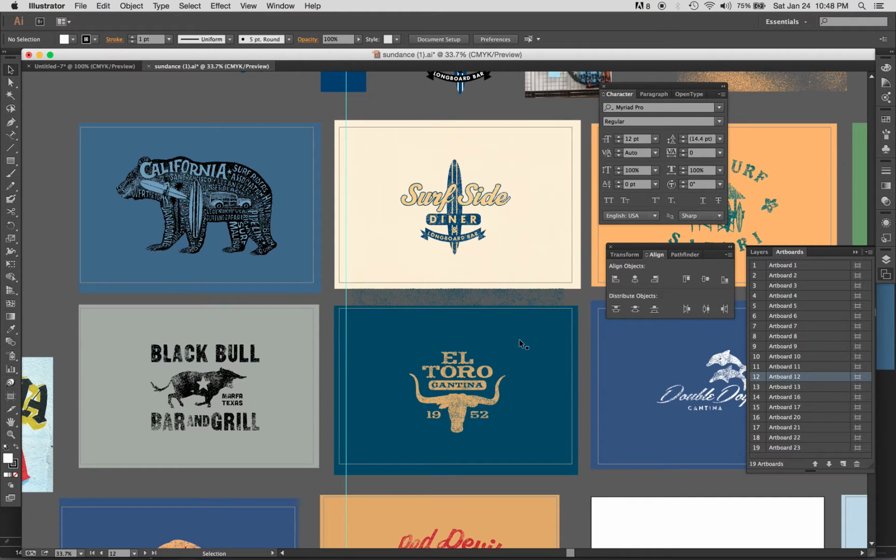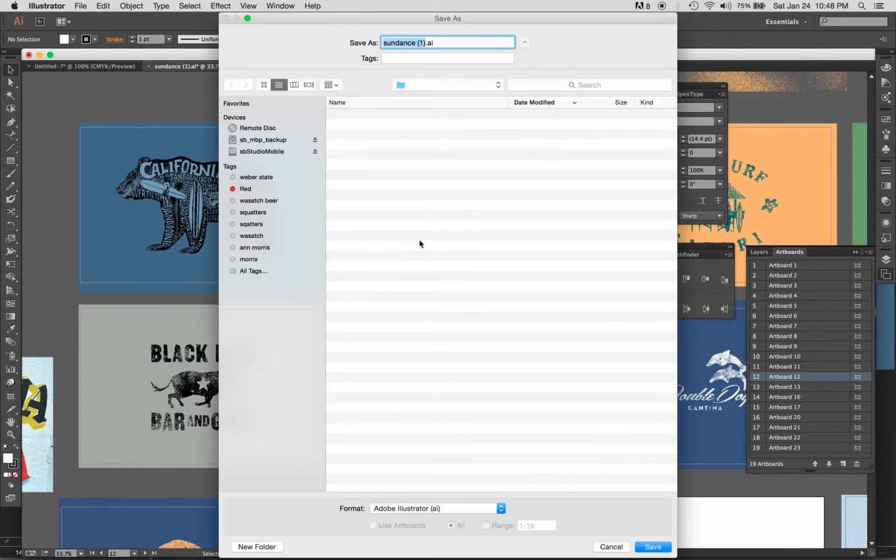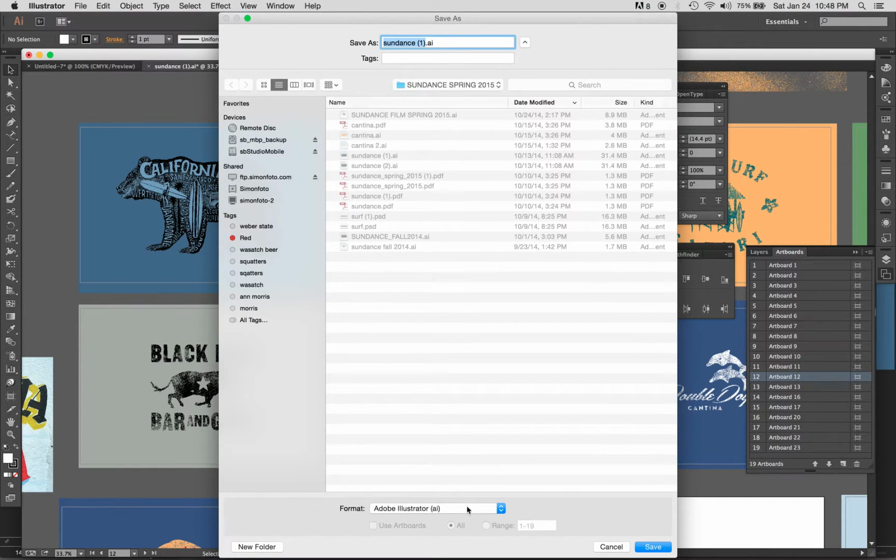So what I'm going to do is just go to File and Save As, and you can see what's going to happen is it's going to give me an option here of what kinds of files I can save it as. So I'm going to save this as an Adobe PDF document. And so when I hit save,